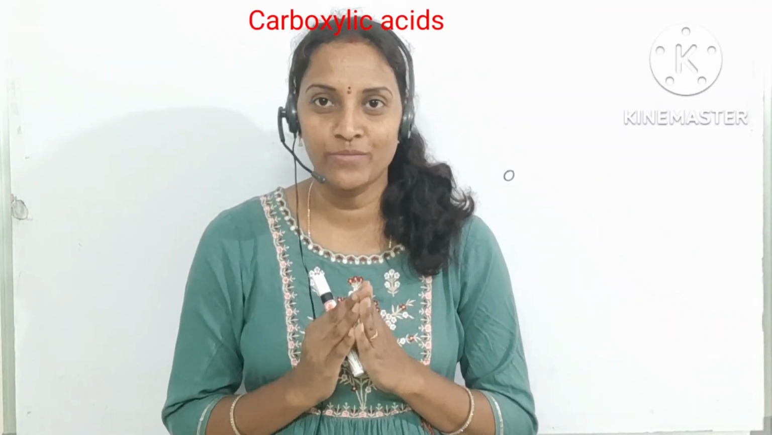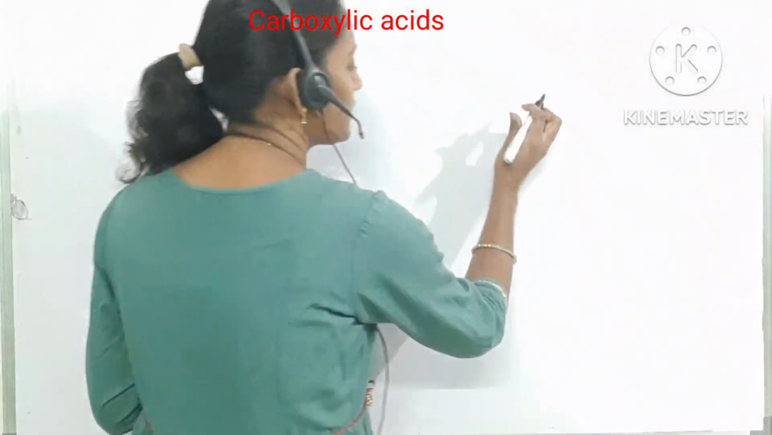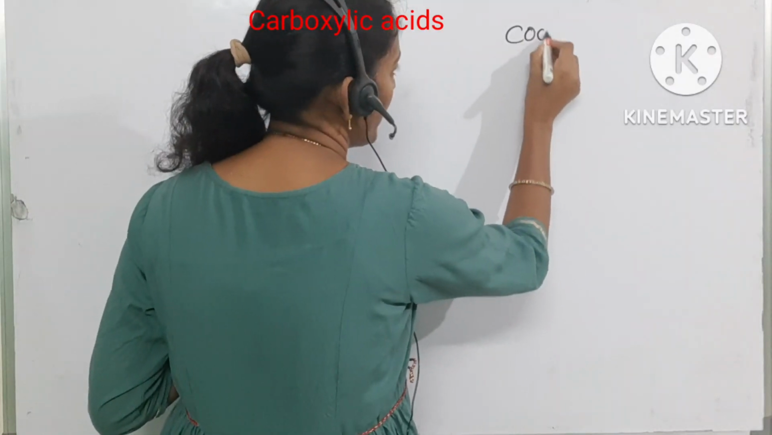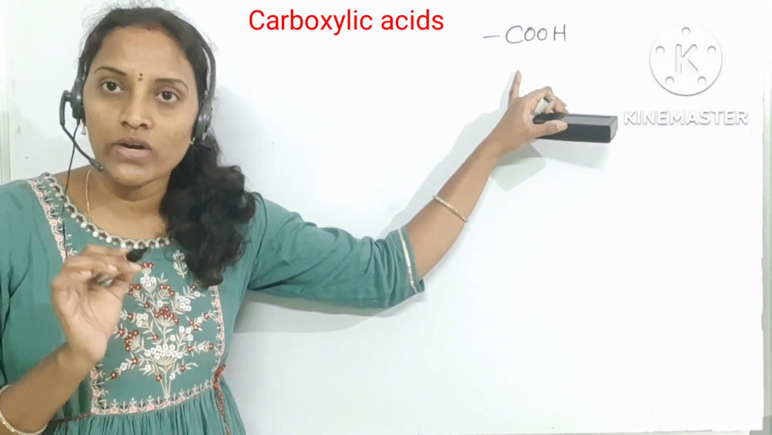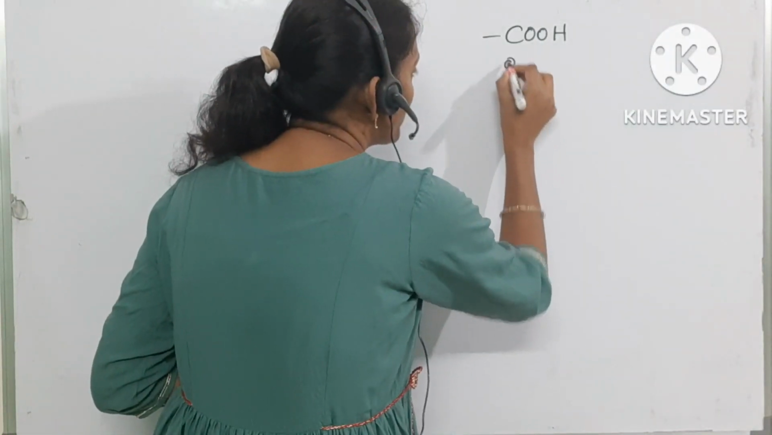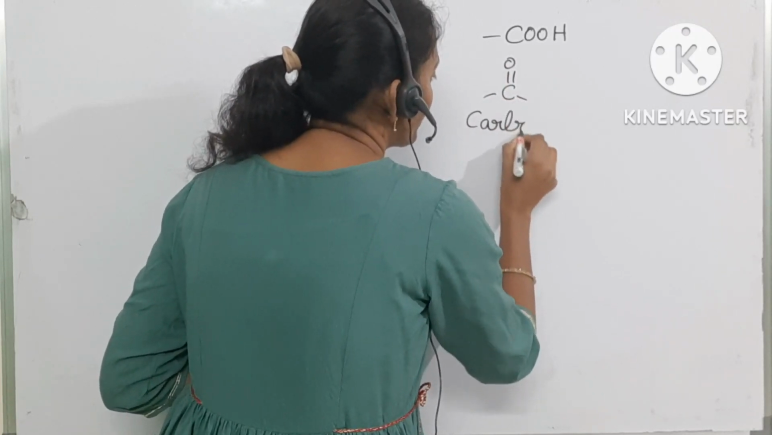Hi students, in today's class I am going to explain about carboxylic acids. Carboxylic acids are nothing but the carbon compounds having the carboxylic functional group. The carboxylic functional group is the COOH functional group. Here the COOH functional group has a C double bond O group, that is the carbonyl functional group,